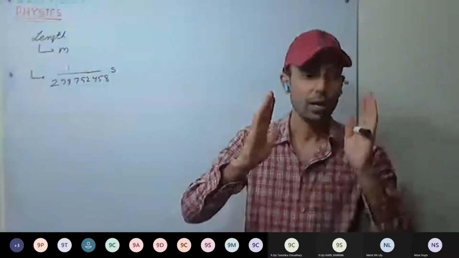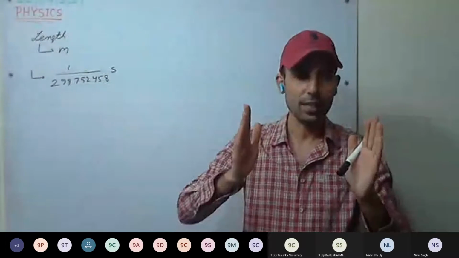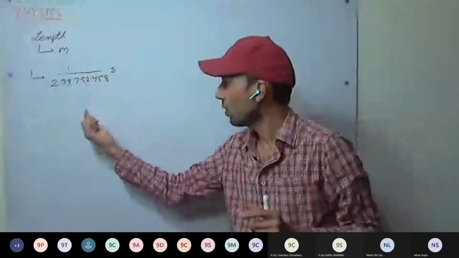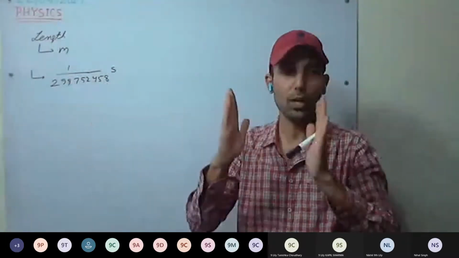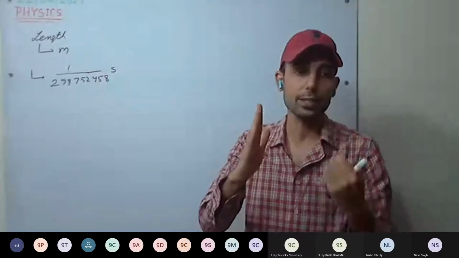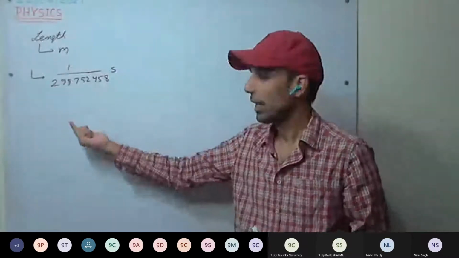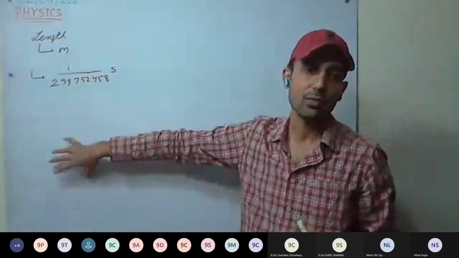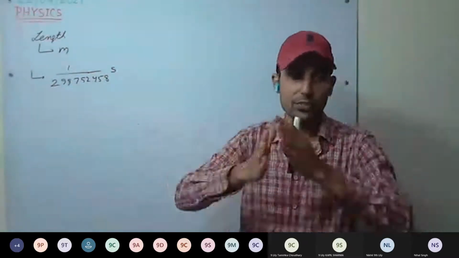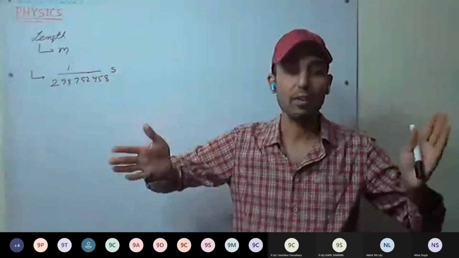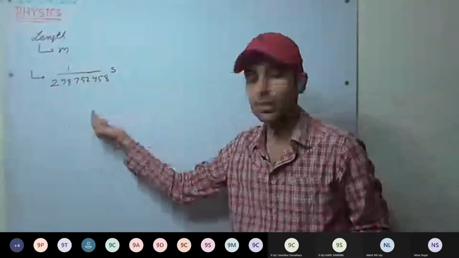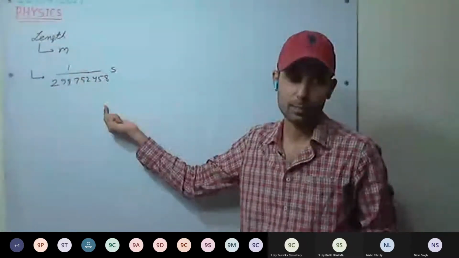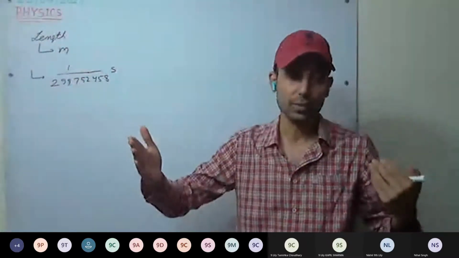Now, after defining, that is, we have standardized the length as 1 meter. Now we derived other units, smaller units like centimeter, millimeter, nanometer, micrometer, and bigger units like kilometer. These were the metric units. Then we defined non-metric units. If you have to measure very large distances, between heavenly bodies, then we use the astronomical unit. For further large distances, parsec will be used.